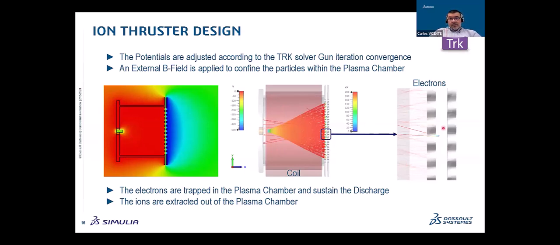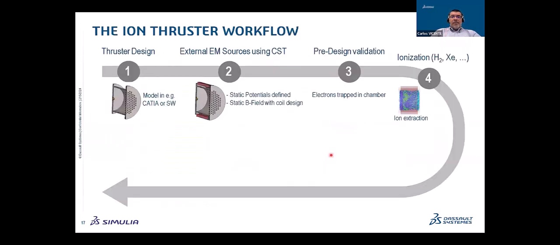Since we are basically confining electrons thanks to this grid, the second grid will only see the ions being extracted. The ions will be accelerated in this area, moving back, and then producing the thrust you want. Okay, so this is very nice, but there is a kind of problem with this approach,